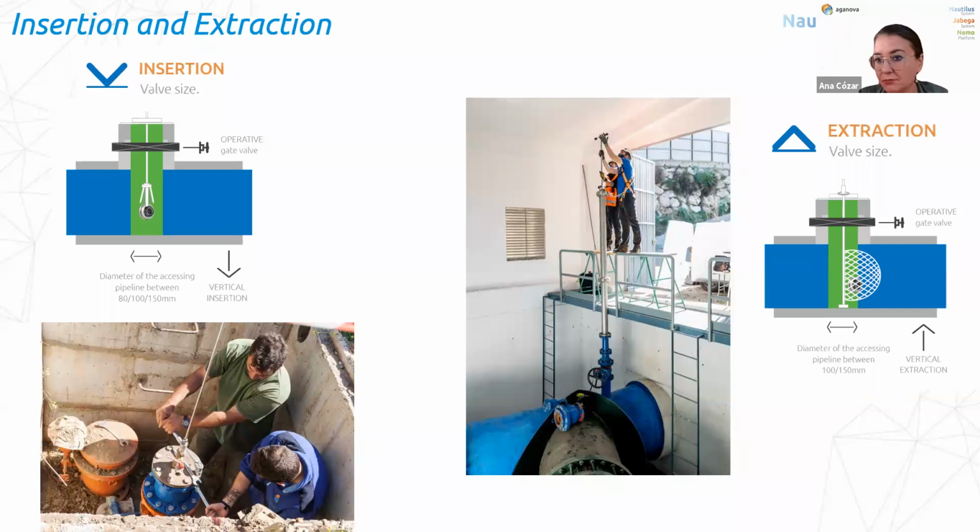For the extraction, it is very similar. We need a gate valve, operative, of course, with a minimum diameter of 100 millimeters for extraction, and it must be vertical to the pipeline we are inspecting. Again, we put a pressure chamber on top of the valve, and once we have inserted the net, we can close the chamber, open the valve, and then push the net